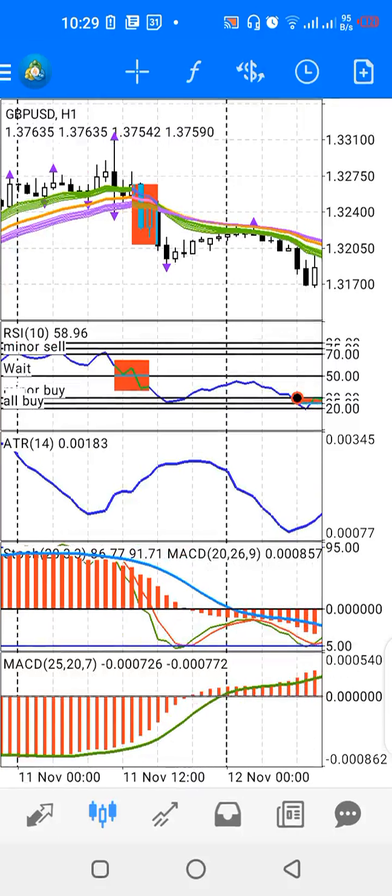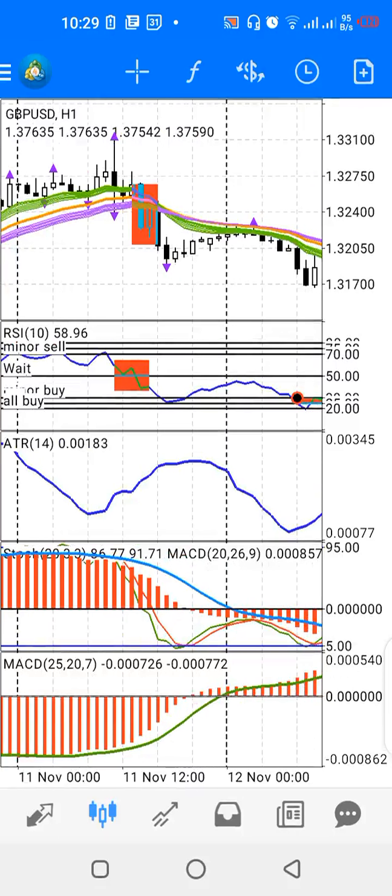Like you have a drop below the MACD line around here, that's a sell signal. So it's that easy. Buy signal, sell signal, buy signal, sell signal. You can see this buy signal, and this is also another sell signal when the stochastic lines drop below the MACD blue line. Now this is a buy signal you have around here, not very far from the sell signal. So that's that for